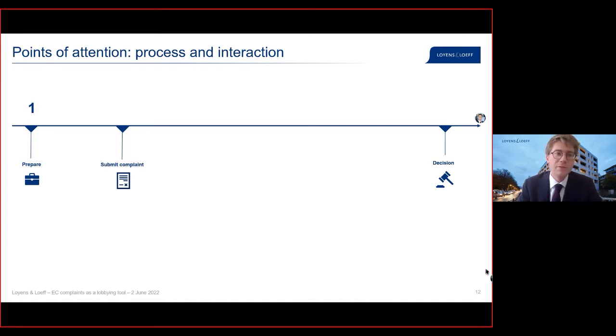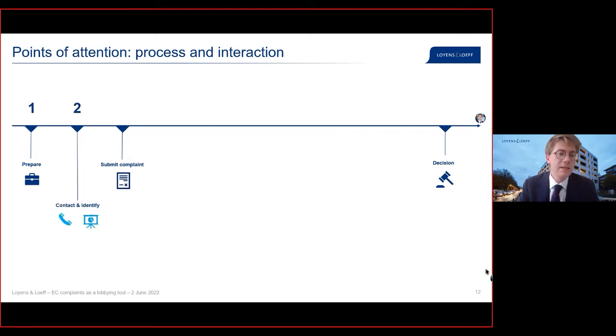If not, the Commission might consider the complaint inadmissible, because it is an issue that first has to be addressed at national level. It's not necessary that you start court proceedings, but at least you have to show you have contacted the competent